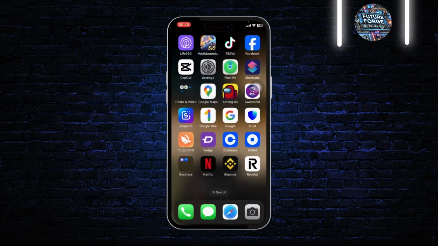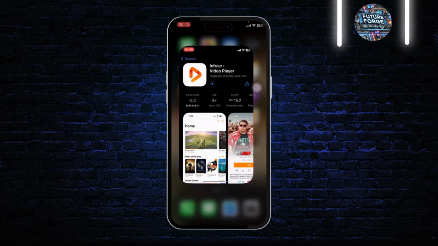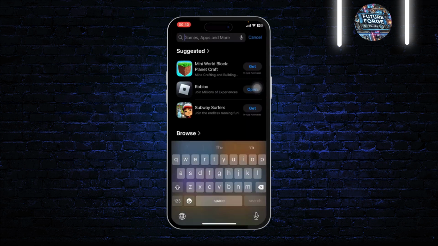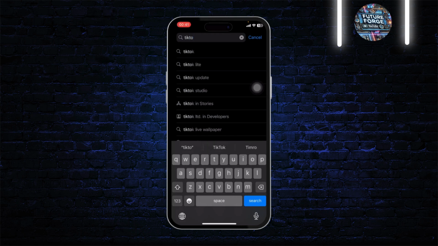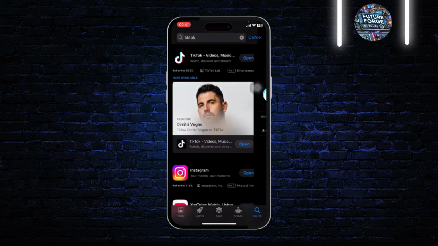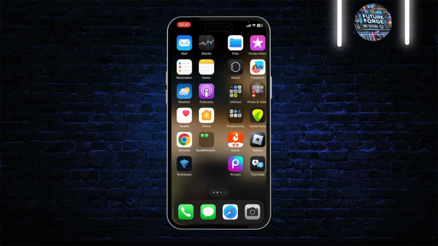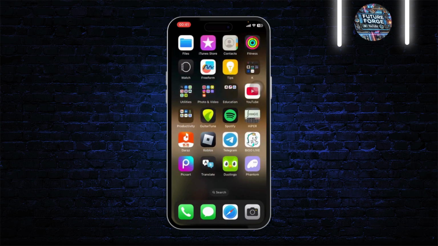And if that does not fix your problem again, you can go to your App Store, search for TikTok, and check if there is an update available. Now, after you see an update, just tap on update and update your TikTok, and doing all of these processes will help you fix the problem and you can use